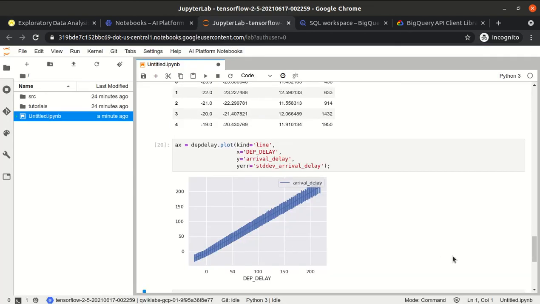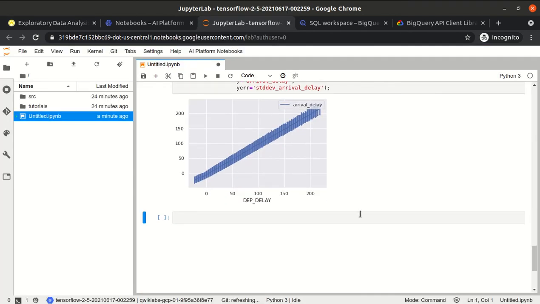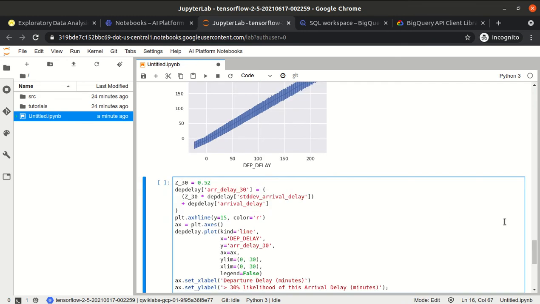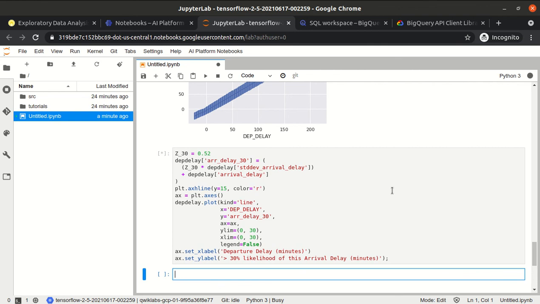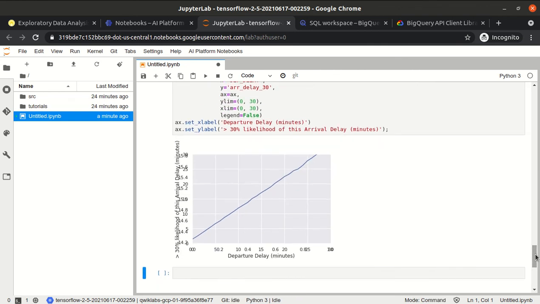Now some more. This is more complicated, they are doing some internal calculation. They took a constant of 0.52, then they do some multiplication, then they set the x label and the y label.